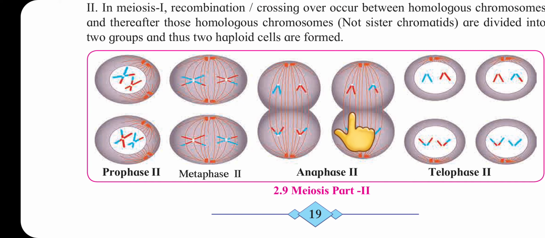In this type of cell division, four haploid daughter cells are formed from one diploid (2n) cell. During this cell division, crossing over occurs between homologous chromosomes, and thereby genetic recombination occurs. Due to this, all four daughter cells are genetically different from the parent and from each other too.